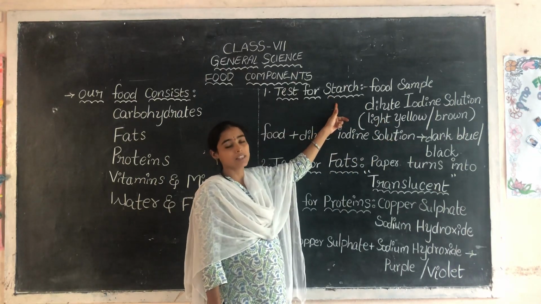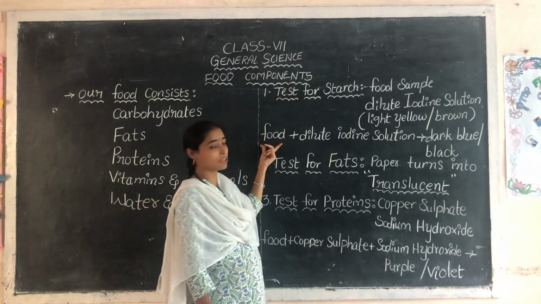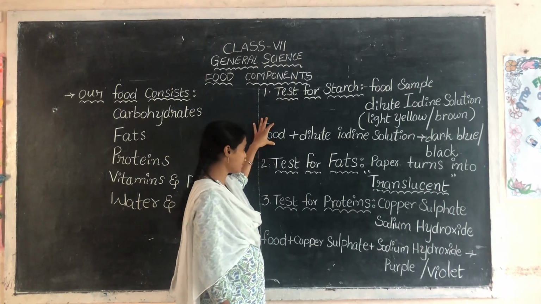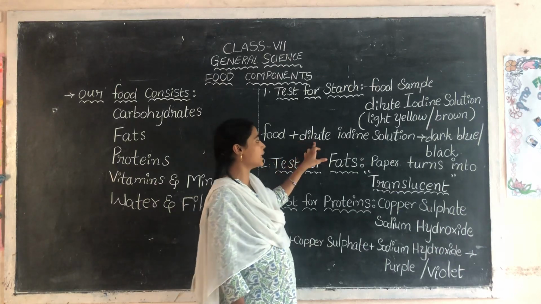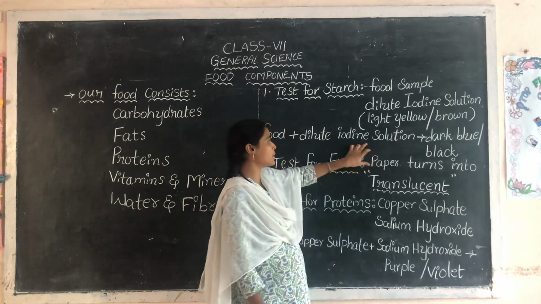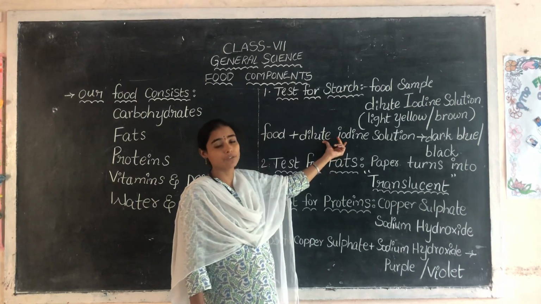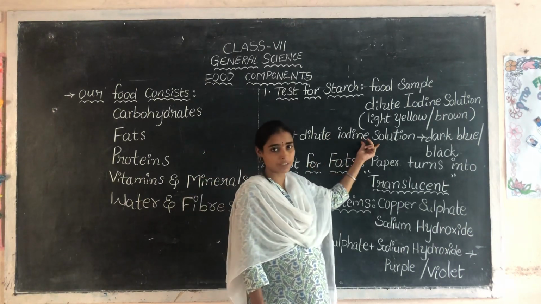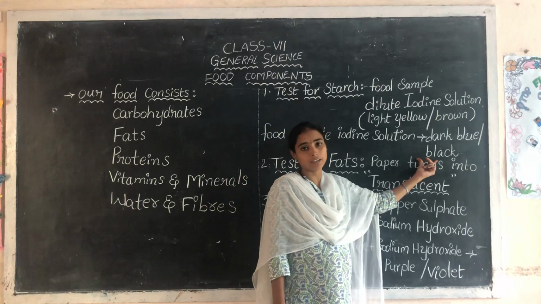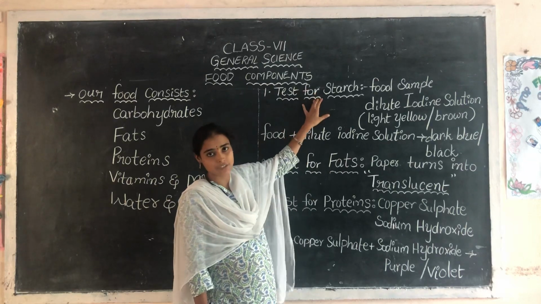we get that conclusion our food consists of the starch. This experiment I want to show in the equation form. Take the food. Food means which food item we want to test for the starch. Take that food sample and add few drops of the dilute iodine solution. Okay. Already I explained how to prepare the dilute iodine solution. The food color turns into the dark blue or black. So we get that conclusion our food consists of the starch.